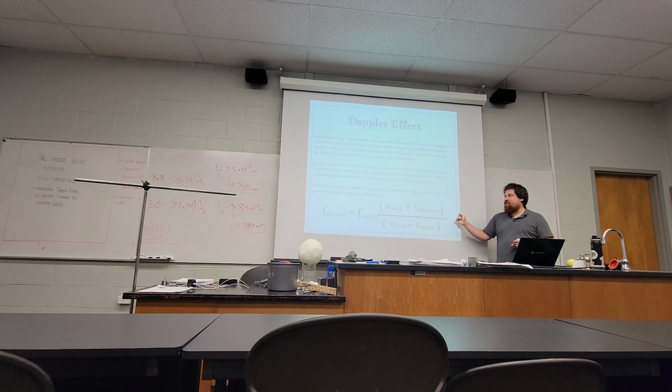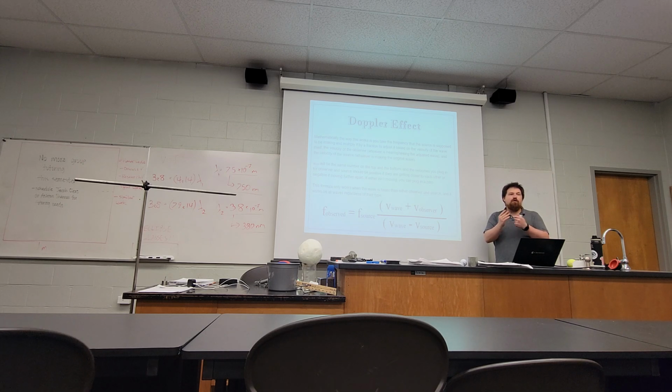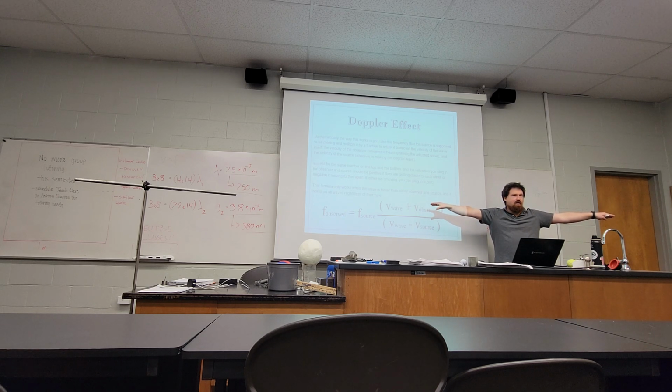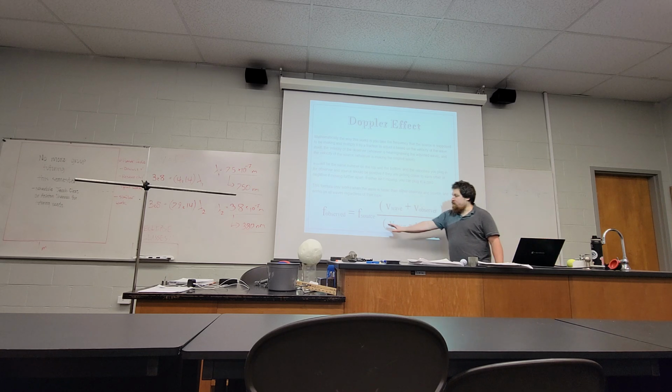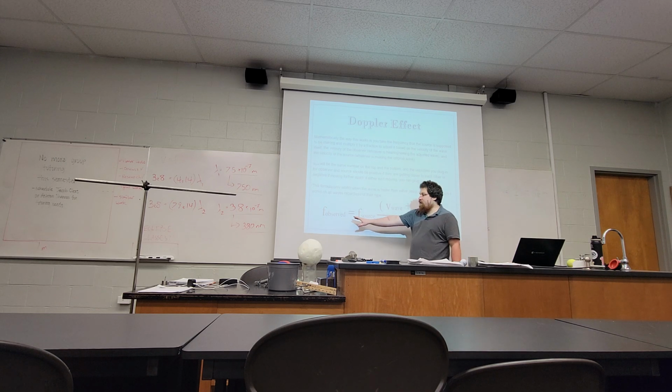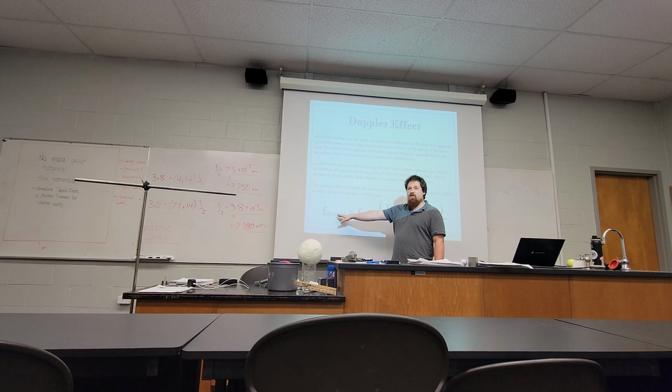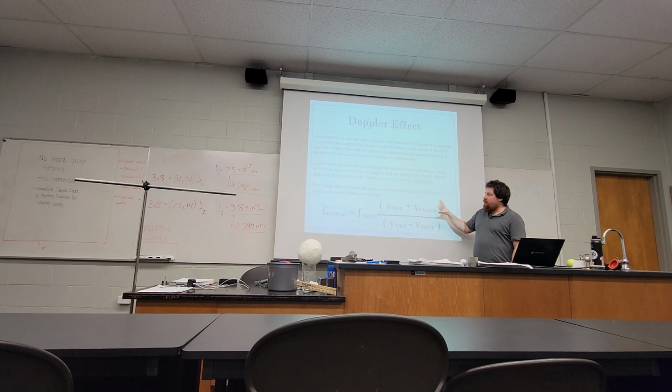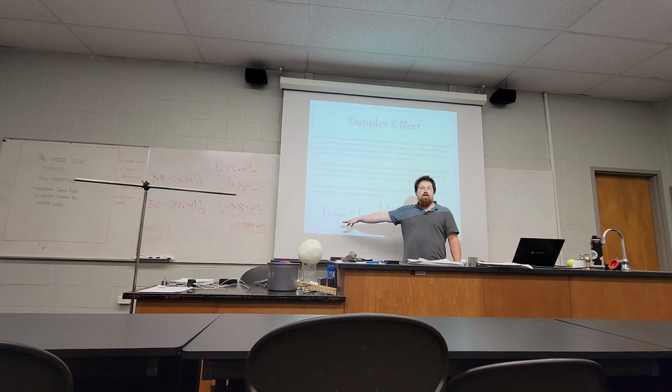One thing to note with these velocity numbers is you should plug in a positive V observer or V source if that thing is moving towards the other, and you should plug in a negative V observer or V source if that thing is moving further away from the other. That is a requirement to make the formula work right. But based on that fraction, you'll either get a number smaller than 1 if the frequency shrinks, so F source times a fraction smaller than 1, that'll shrink the frequency, and that'll tell you the frequency that you observe. But if the fraction is bigger than 1, you multiply that by F source and you get a bigger F observed.